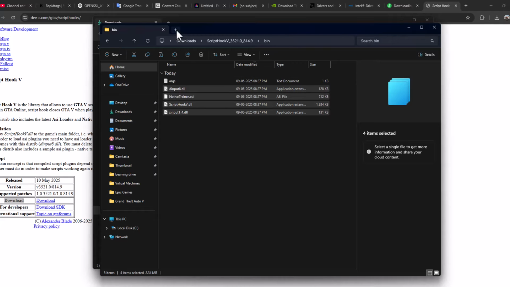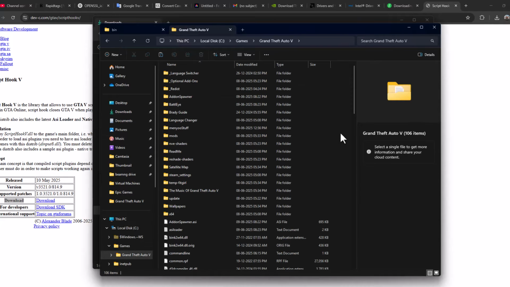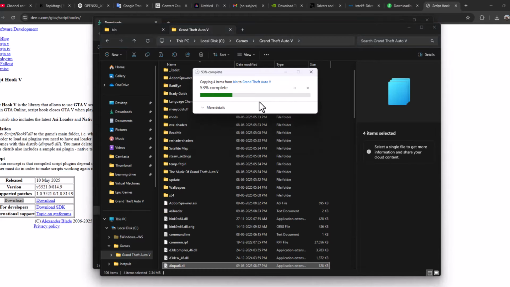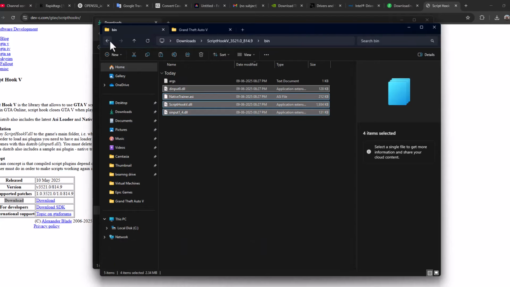After copying these files, open up a new tab and navigate to the game folder. Paste the files we copied. Replace the file in the destination. You just need to select that. And then go back to downloads